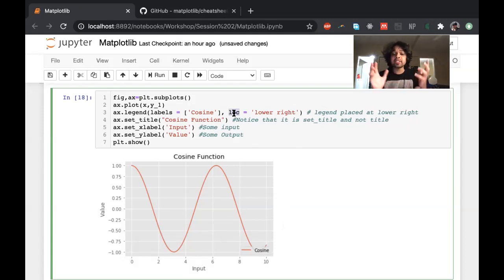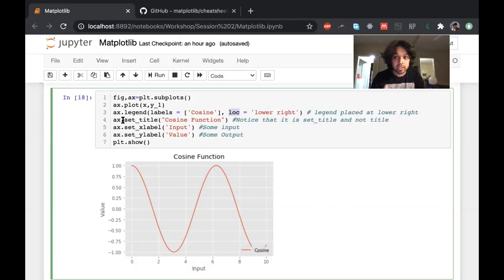Now this is something so specific that you may not remember it, but it's useful to know that such things exist, because sometimes your graph looks great, everything's amazing except for the fact that your legend is in the wrong place. And you can go in circles and spend a lot of time figuring out how to change the legend. And it's normal. This happens to everyone, it's not just me, right? I might not know it well enough, but it happens to everyone because it's kind of just all over the place.